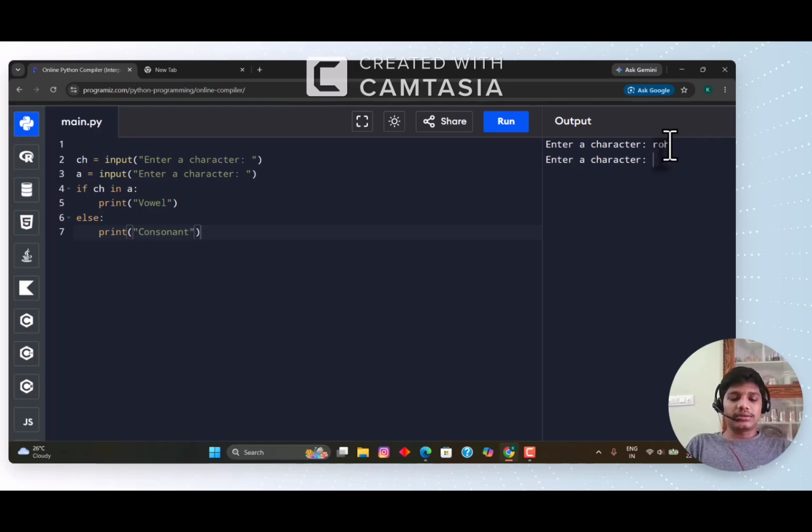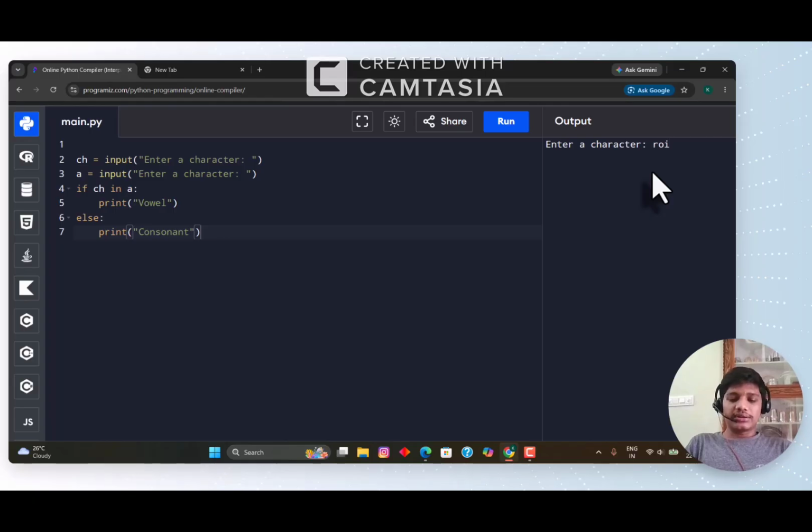I think it gives that ROH is in ROH. But if you try to run it like this, ROI, okay, ROHITH. You can say R is here, O is here, I is here. But it will show, ah,